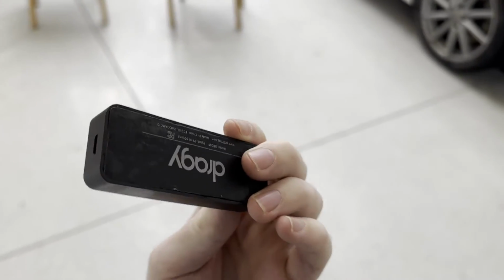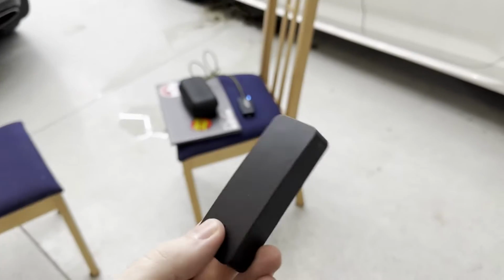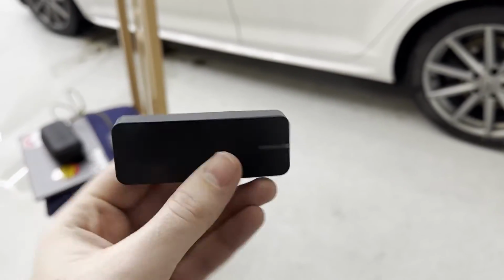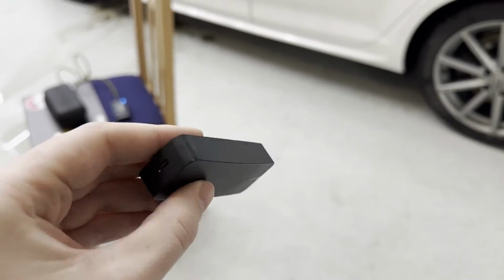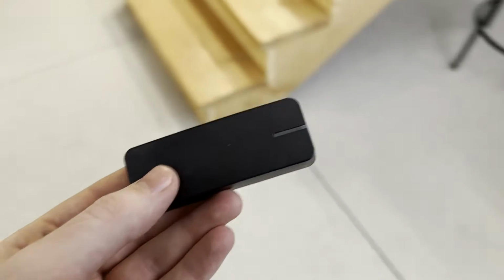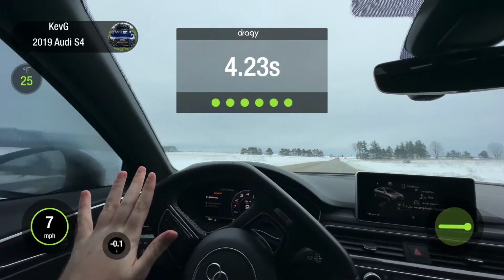Before we get to the tune, we gotta benchmark this thing. So this is called a Dragy. For those that don't know, it's like a GPS for performance timing and whatnot. It'll measure a bunch of parameters that you can set in the actual app. So you can do a half mile, quarter mile, 60 foot, 0 to 60, 60 to 130, literally all sorts of stuff. So gonna set this up, connect it right now, and then we'll go do a couple runs in this car before we get it tuned. I don't think I'm gonna get traction at all, but